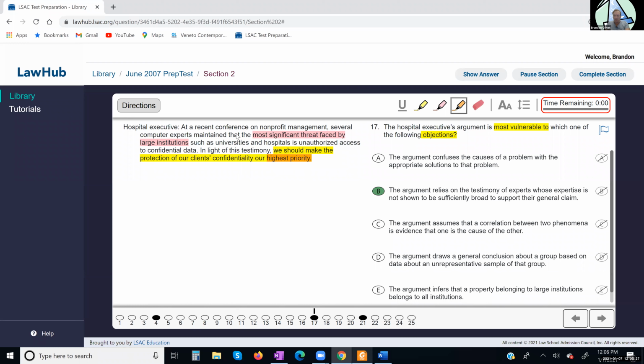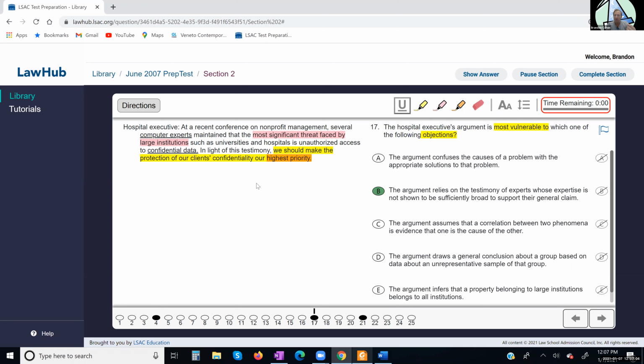But we have to notice that where the evidence of it being a most significant threat came from was the source of computer experts. And it just so happens that computer experts are saying that data-related issues are our biggest problem, okay? This would be like your life insurance agent telling you that buying life insurance is the biggest decision you'll ever make in your life. There's bias there. You need to recognize the bias. This is different than the bias fallacy, which is them calling out bias to say that somebody's wrong. We need to recognize that bias.